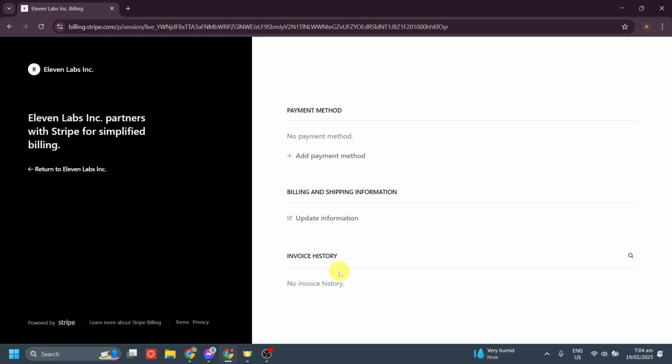current subscription that you have, and you will see the cancel subscription if you have subscribed on their subscription plan, and then you can now follow the on-screen instruction to confirm your cancellation. And then that's how you cancel your